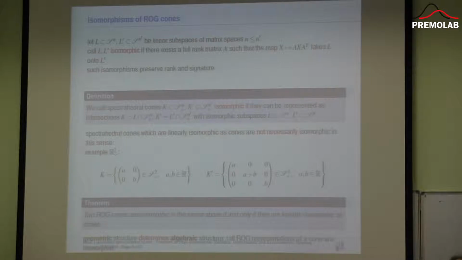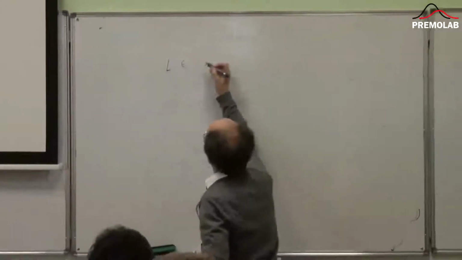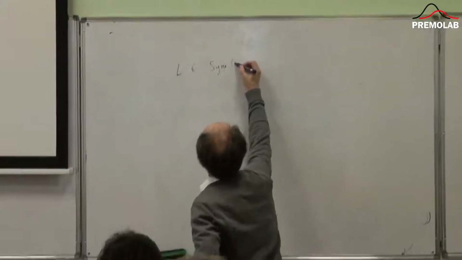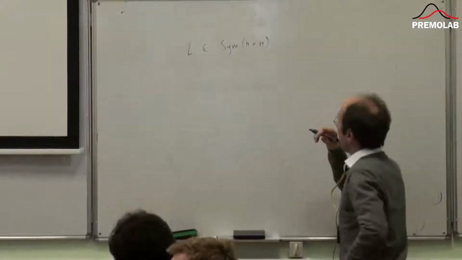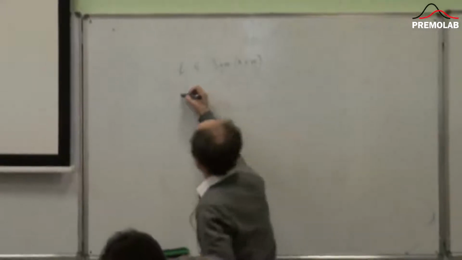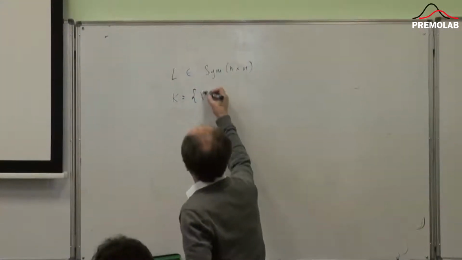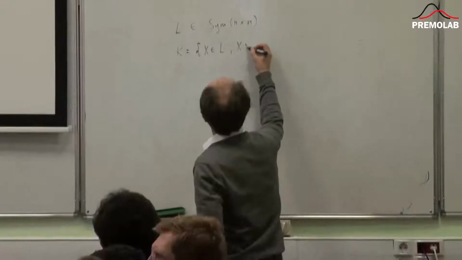Now we look at isomorphisms, and first we shall define isomorphisms of general spectrahedral cones. So if we have a linear subspace L in the space of n times n symmetric matrices, and consider the cone of all matrices in L which are positive semi-definite,